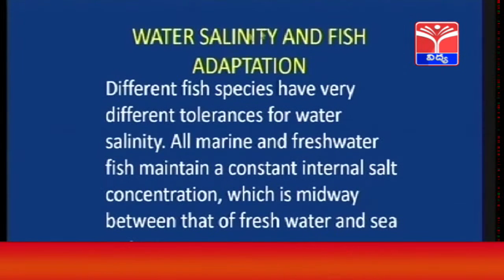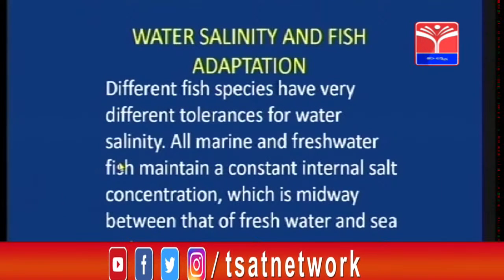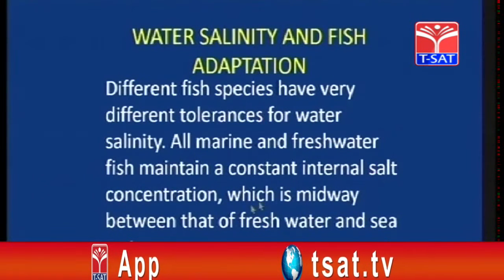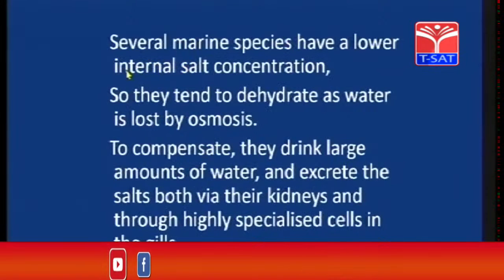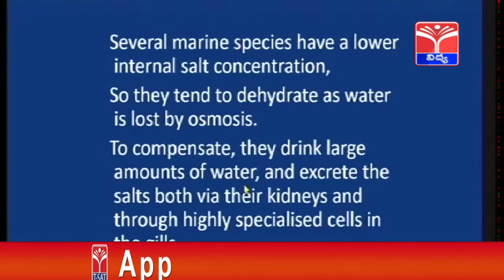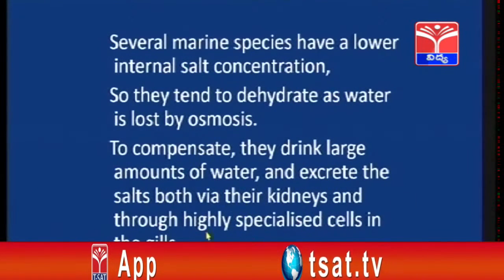So the water salinity and the fish adaptations. Different fish species have very different tolerance for water salinity. All marine and freshwater fish maintain a constant internal salt concentration which is midway between that of freshwater and seawater. Several marine species have lower internal salt concentration, so they tend to dehydrate as water is lost by osmosis. To compensate, they drink large amounts of water and excrete the salts both via their kidneys and through highly specialized